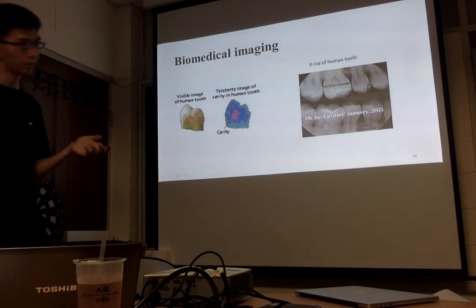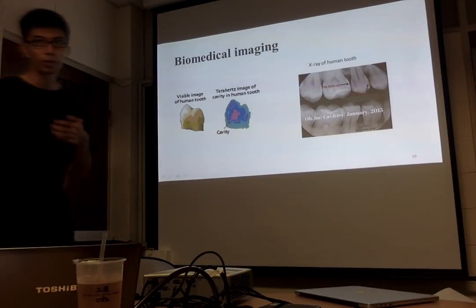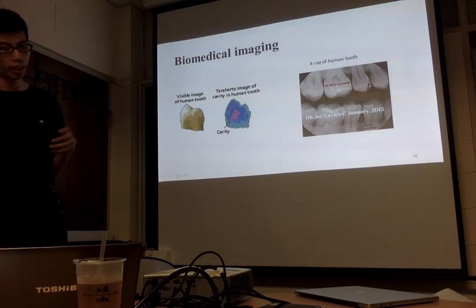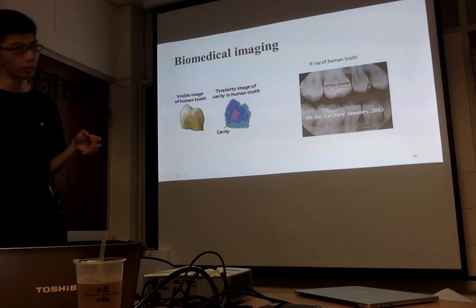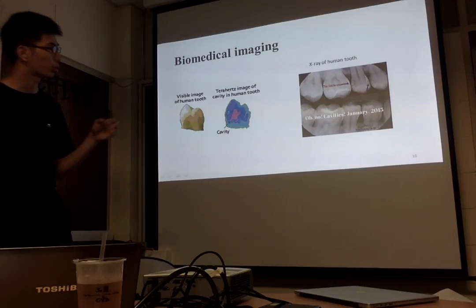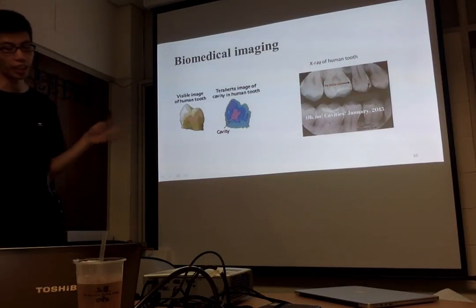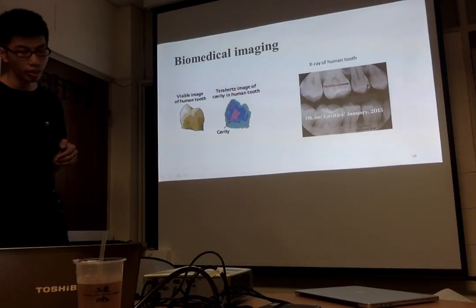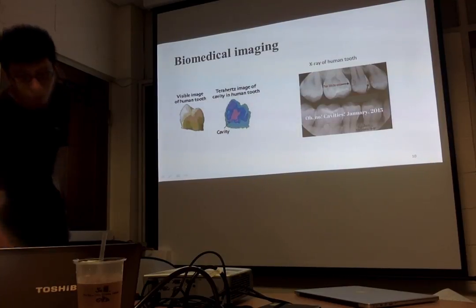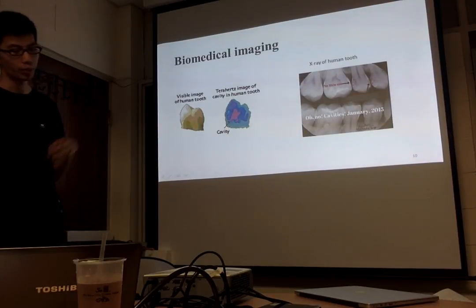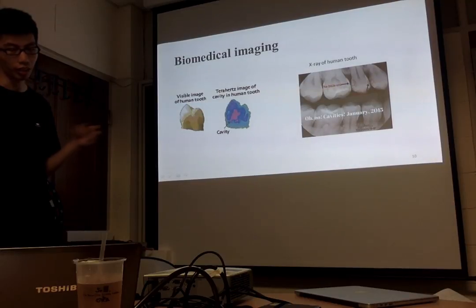X-ray is one of the expert methods used to detect decay. It only produces a monogram figure, and it is deprived of the ability to distinguish between different kinds of